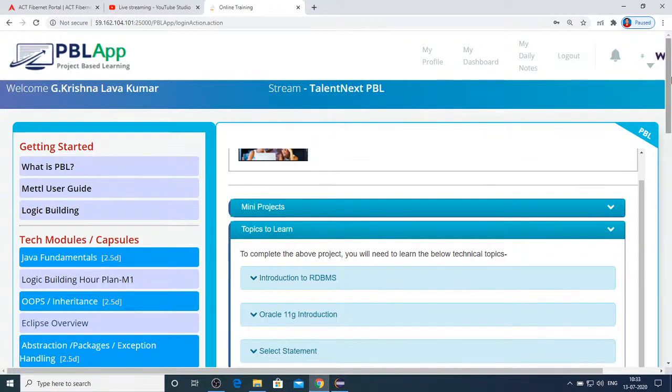I'll explain a few topics, and then I'll directly open the Eclipse IDE and let us create a small application demonstrating how we connect to a database, and then how we create, insert and retrieve the records. All that we are going to see directly.